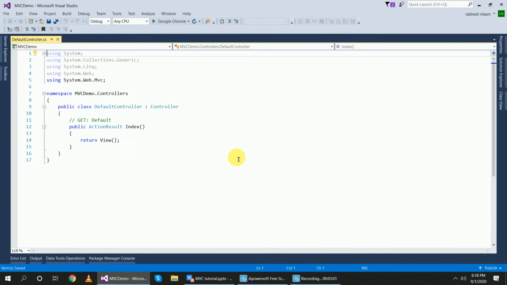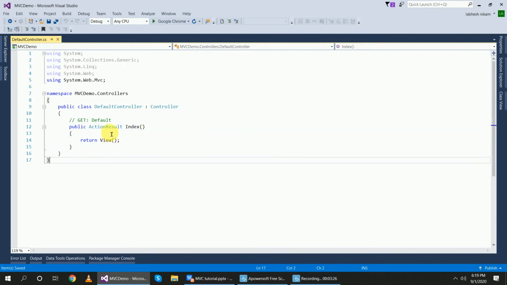So my application is running now, and you can see here the action result. This action result is a function, and index is the function name, and here you have created the default controller. Okay, this default controller is inherited from a base controller.